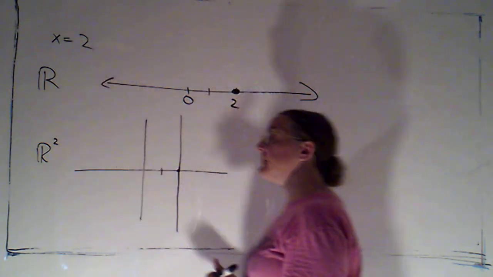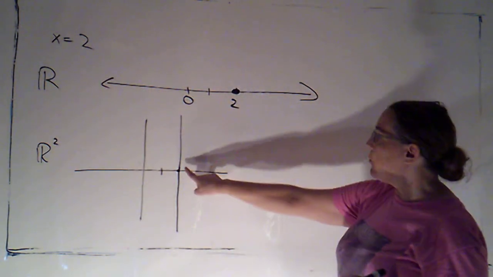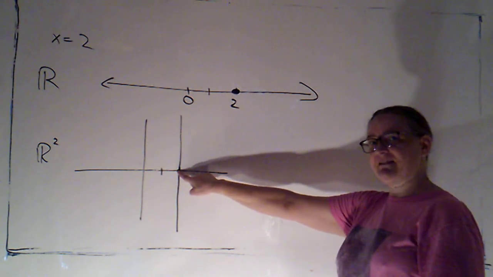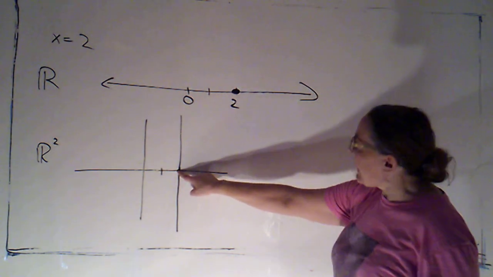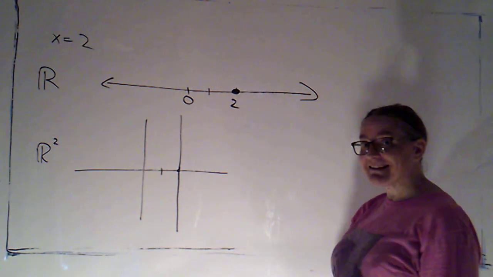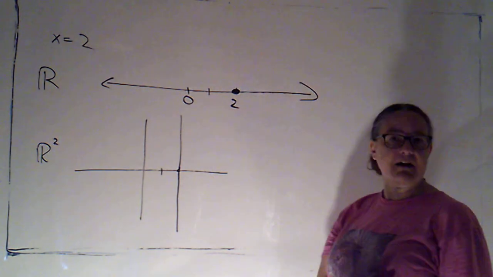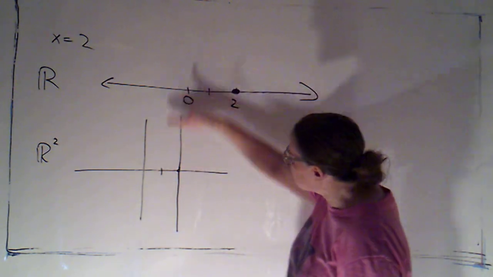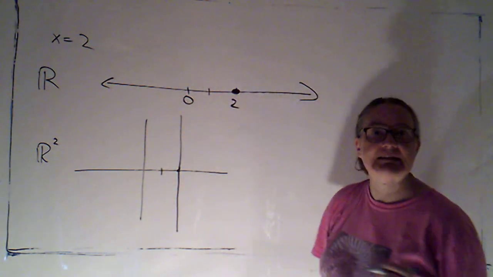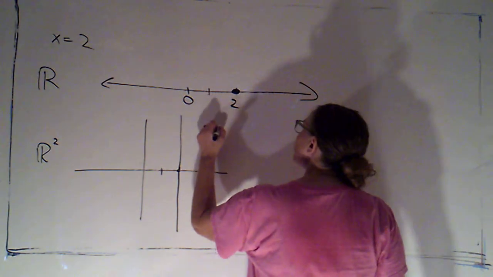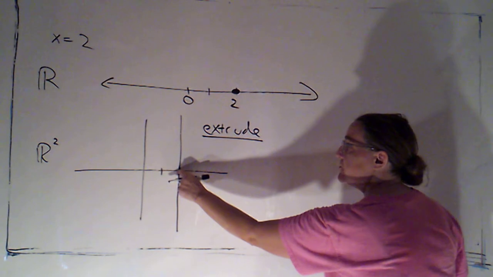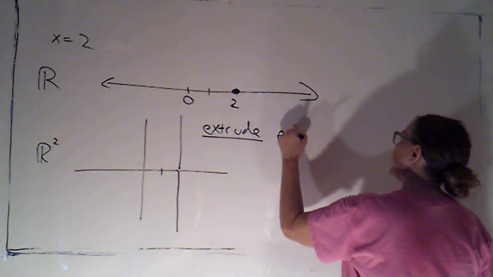So once I've graphed what I would have just in 1-space, I can then translate that graph parallel to the y-axis, and that's going to give me my graph in 2-space. Okay. That process of translating actually has a fancier word. We call that extruding. So we extruded that point parallel